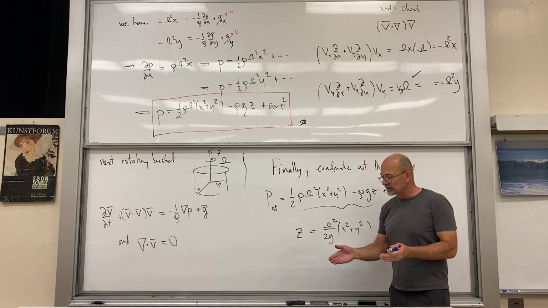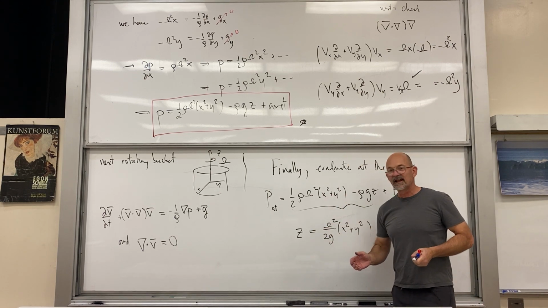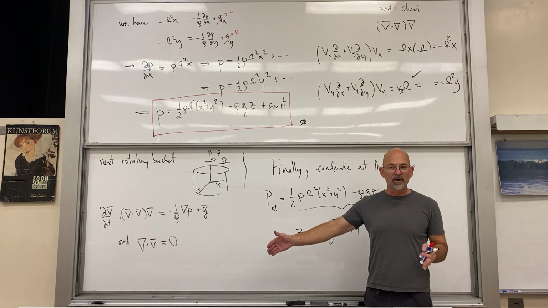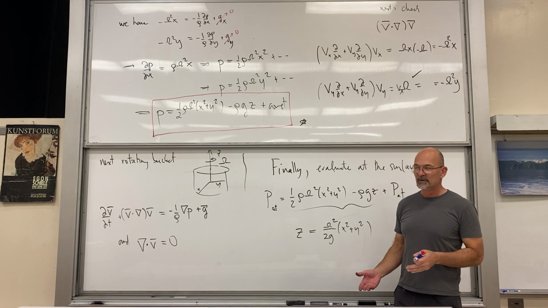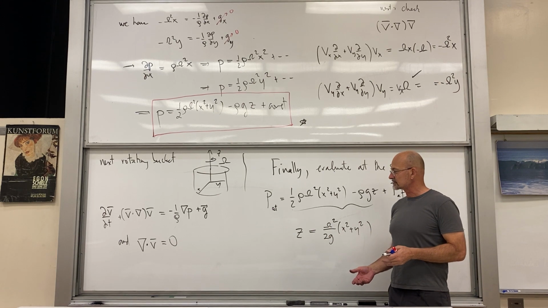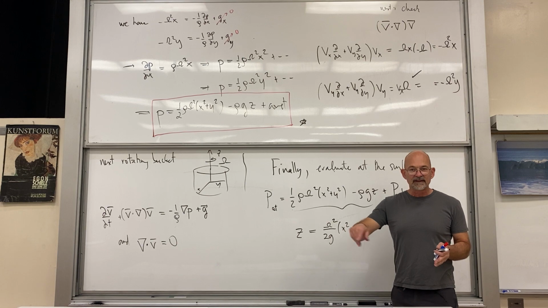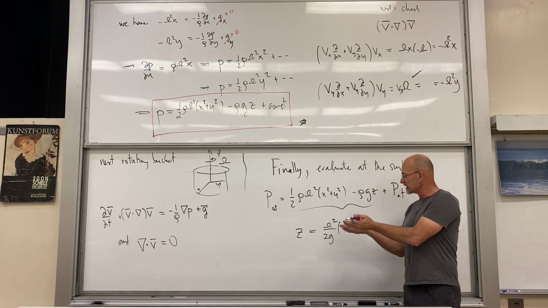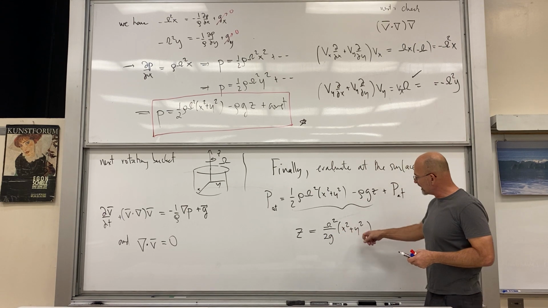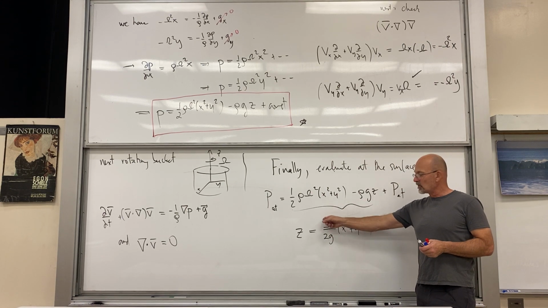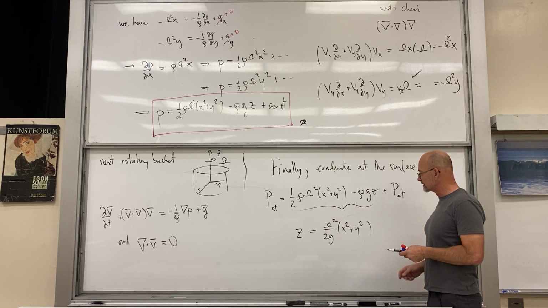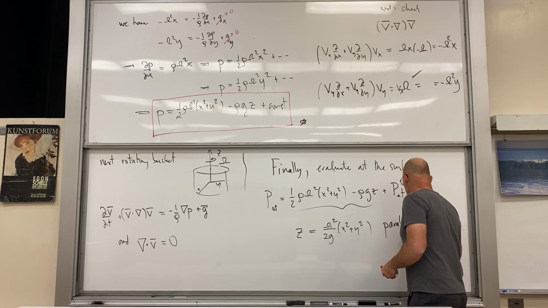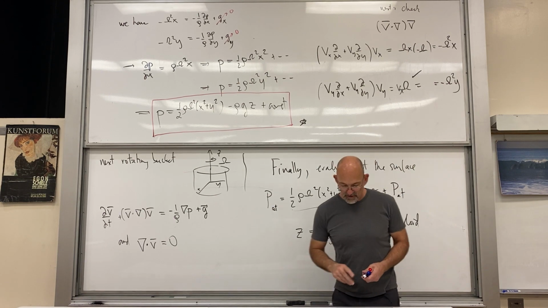So a rotating fluid takes on a paraboloid shape, which is really nice if it were, say, molten glass, and you wanted to create a large mirror for, say, a telescope. Then you could rotate that glass while it's hot and fluid, keep it rotating, and then when it cools, it'll solidify into the appropriate paraboloid, which you can control by the angular frequency there. So paraboloid,